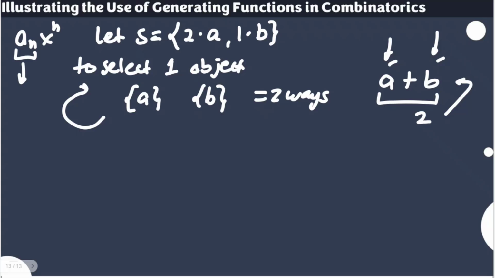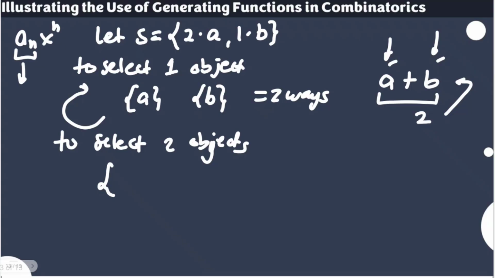Clearly, if you have been reviewing the previous video, this is where the multi-set and a non-multi-set are very different from one another. Now, to select 2 objects, how many ways do we have? The first possibility is to select A and then B. It doesn't matter whether that's the first A or the second A, because A is just identical. That's one way. The other one is to select 2 A's, both of those A's in my selection. These are just the possibilities for selecting 2 objects.